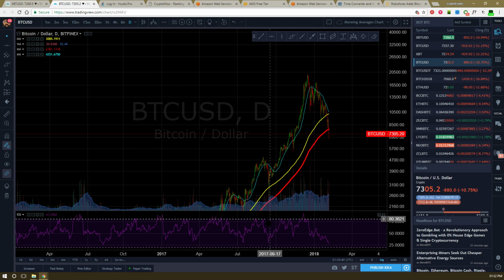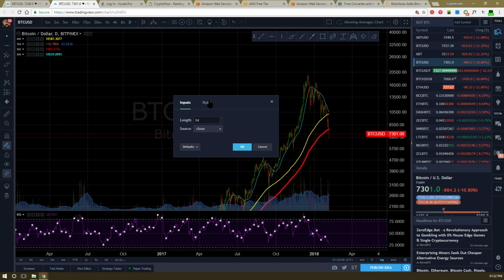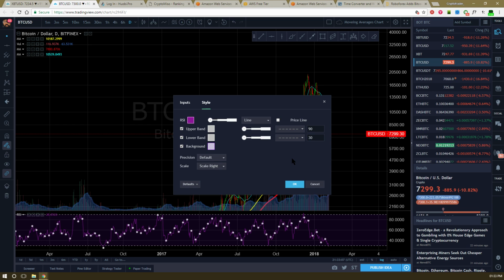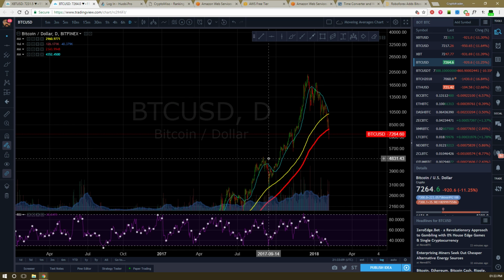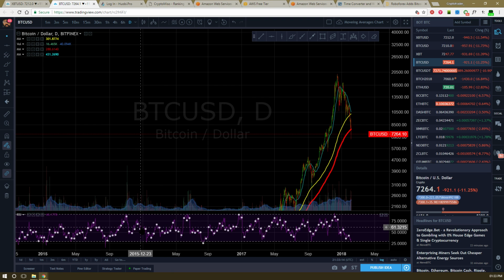This is the 80 level. This is why I do stuff like this. Let me show you something real quick. Click on the sprocket and you'll see 14 input. Great, keep that. This, change this to binding now. Hell, that might work. I don't know. But this thing definitely doesn't look great like it is. That's all I'm gonna tell you. So let me put this to 30. Yeah, that can be at 30. Now let's keep it like that so we can see the RSI a little bit better for Bitcoin on Bitfinex.